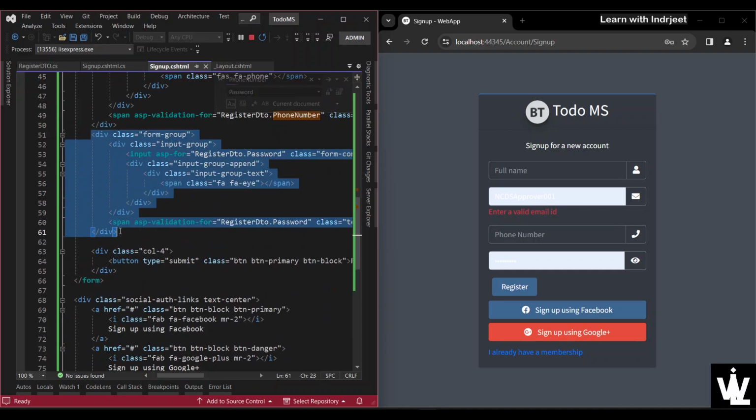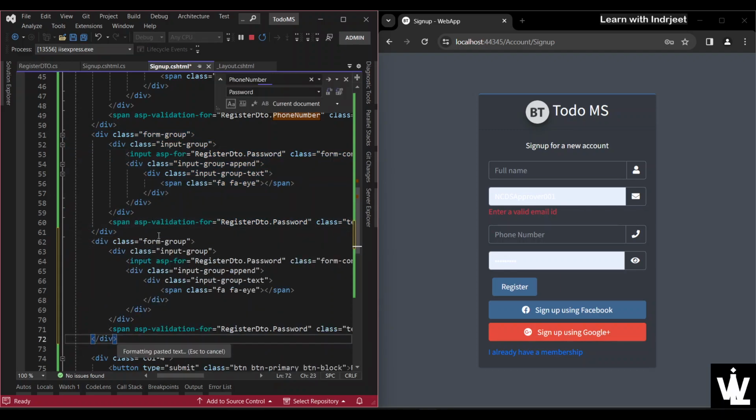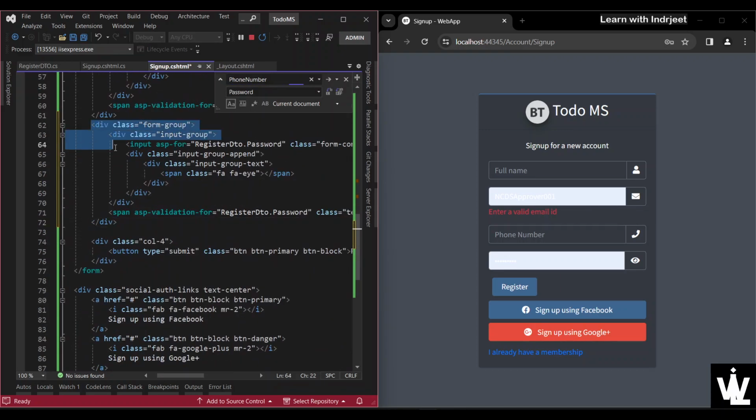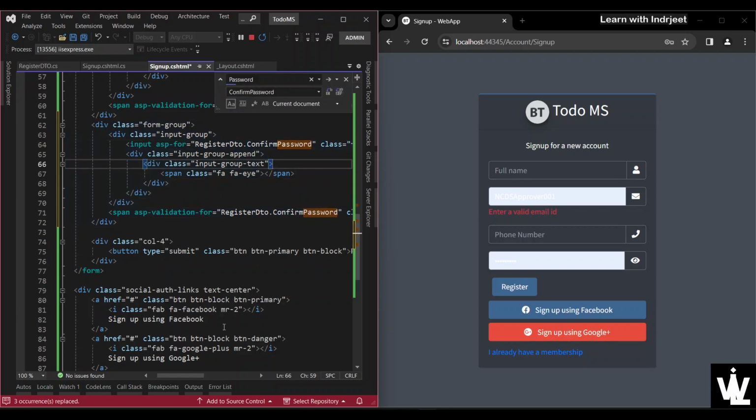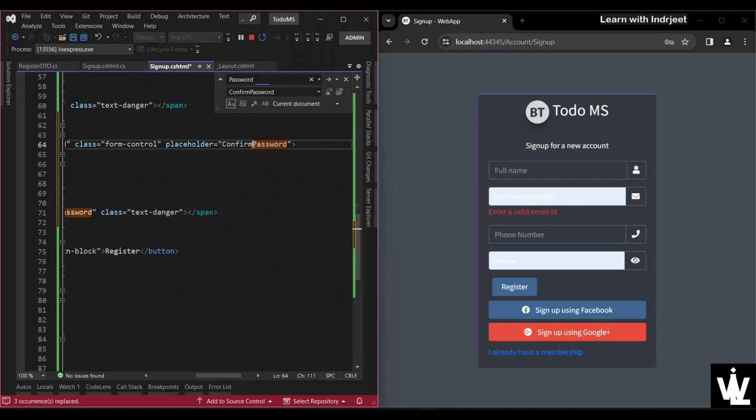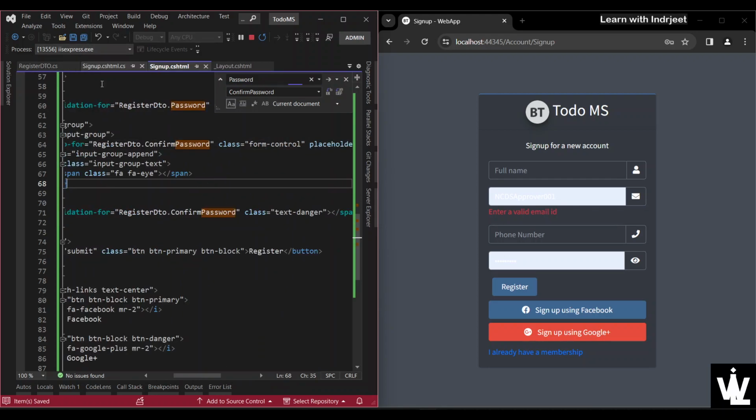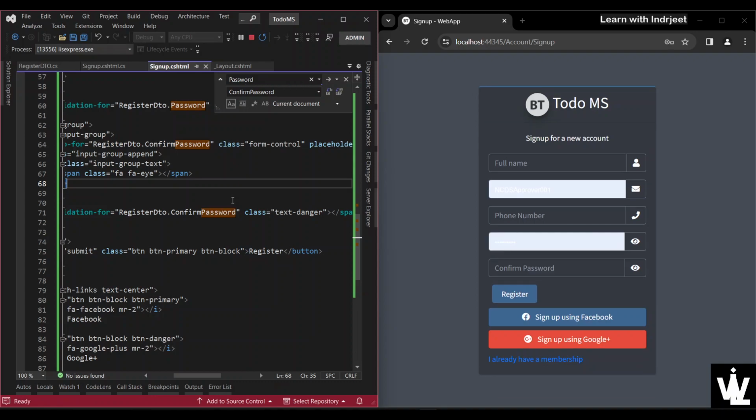Now let's do the same thing for confirm password too. So wherever password is written, Control H, we want to write confirm password in the selection, replace that, and yeah, so save all. Confirm password will also have the same icon, let it be, fine. Okay,